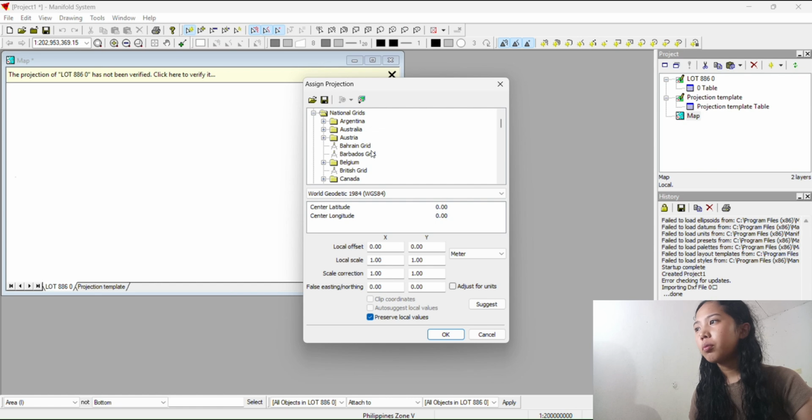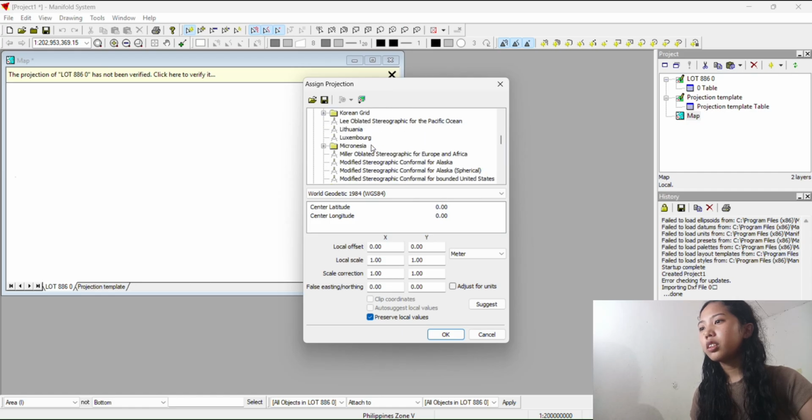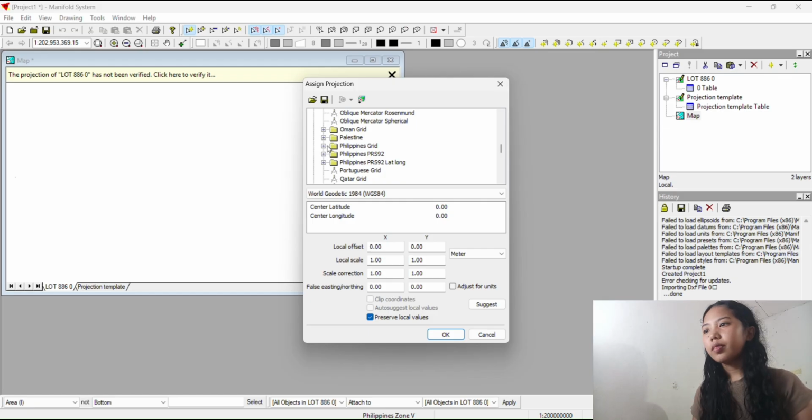Then back to Manifold, file, import, then drawing, then select the lot number you just saved. Open, loading. It's just one layer, so select one layer, but it indicates 0.